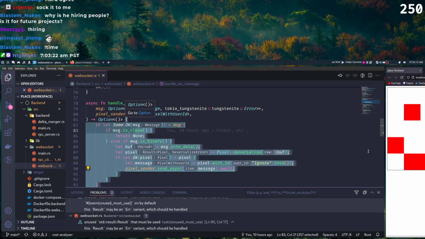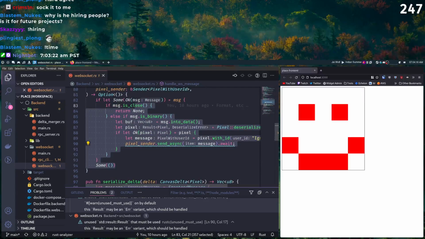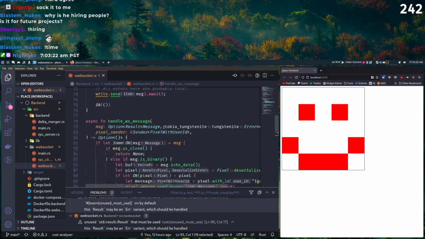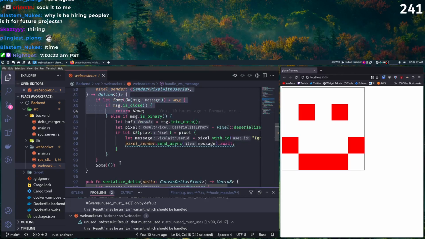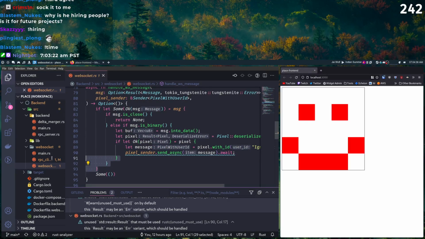A thread is basically a part of your code that can run parallel to a different part of your code. So this part spawns a new thread for every person that's connected to the server. So there's going to be like 10,000 threads per WebSocket client. So each of these threads,